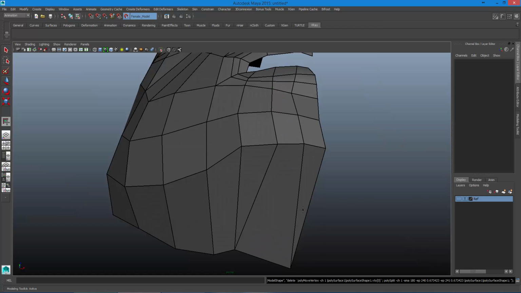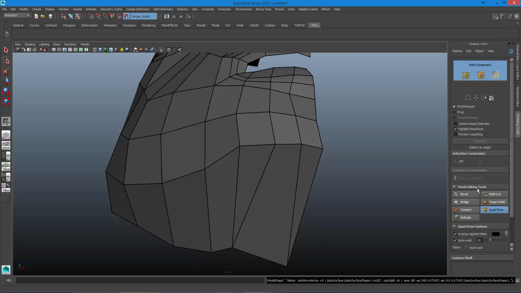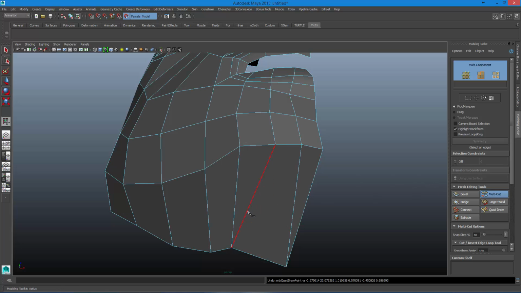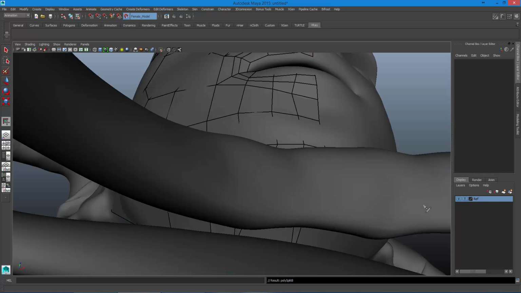So I'll turn it off and do it. You'll see right now I have two triangles, triangle here, triangle there. But by just cutting this, using my multi-cut tool and just cutting like that, boom, boom, hit enter, you'll see now I actually, once again, have a quad, a quad, a quad, and a quad. Pretty awesome. So I'm not going to move anything because right now my reference is turned off and it would